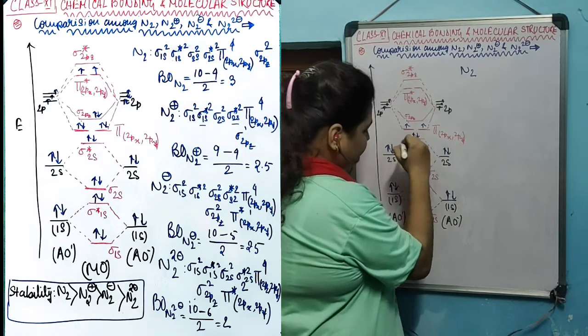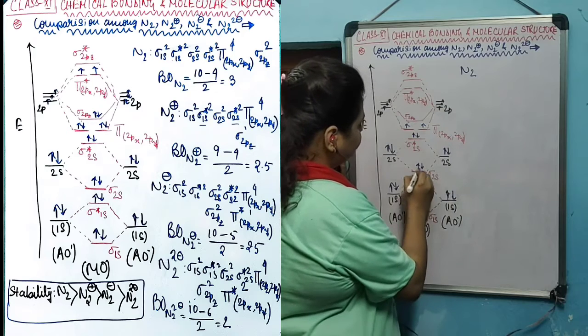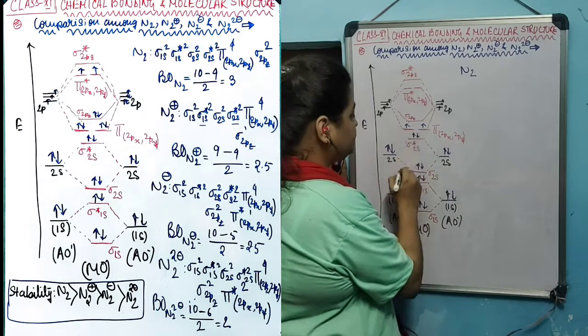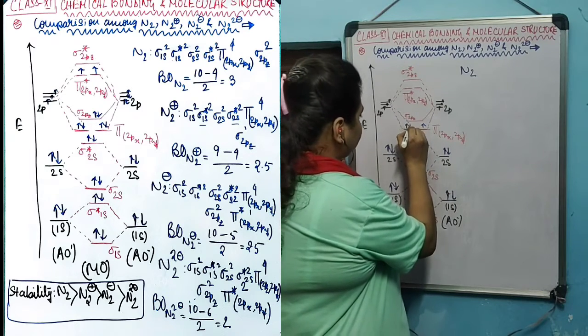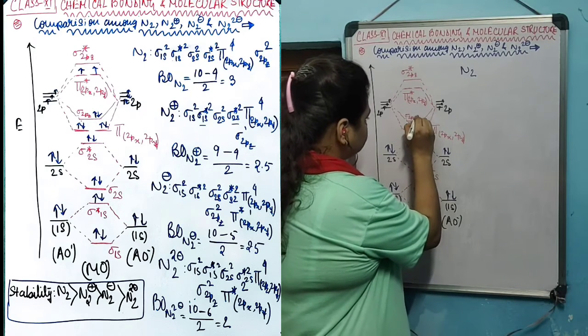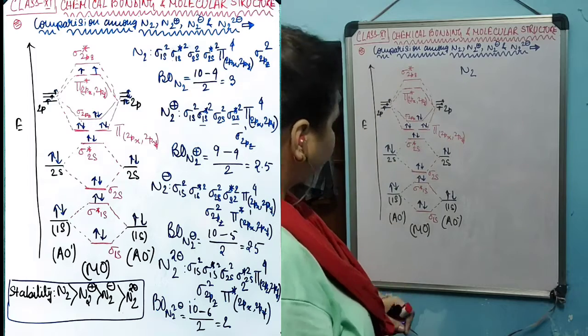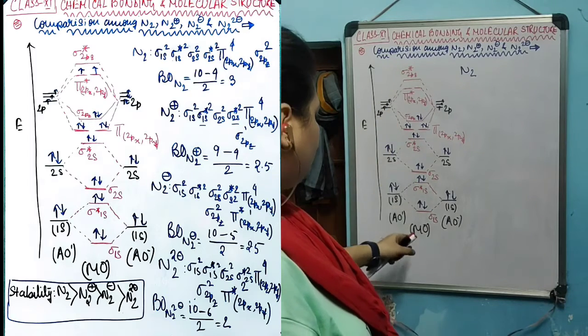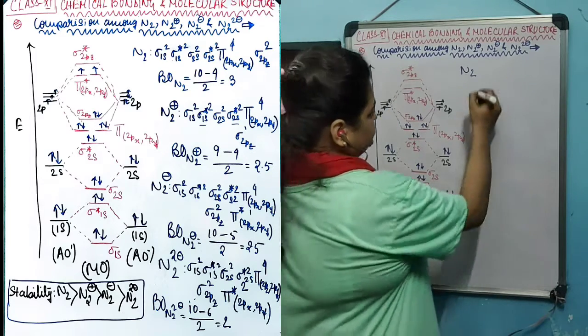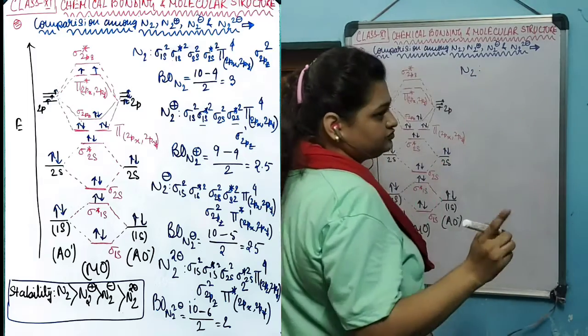Pi will be singly filled first, 1, 2, 3, 4, 5, 6, 7, 8, 9, 10. Then pairing will happen, 11, 12, 13, 14. So this is how the molecular orbitals will be filled for nitrogen, and the electronic configuration for nitrogen will be